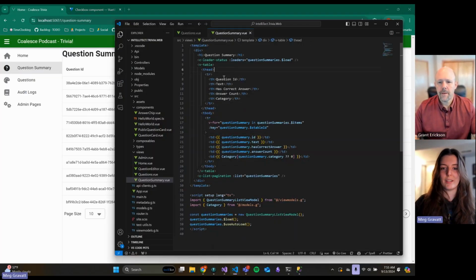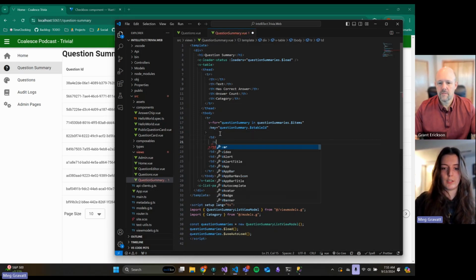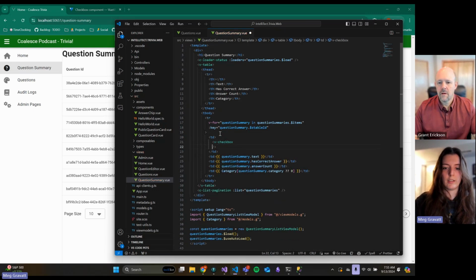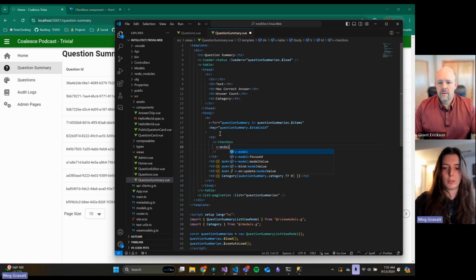It is, yeah. So I think I'm going to replace this question ID. Get rid of that question ID. We don't need that. Nobody cares. It's verbose. And we're going to print it out in the top when we select. So we'll get rid of question ID here. And I am going to leave the table header though, because I want to put a checkbox right here. So the checkbox. And then this is going to have a V model equals